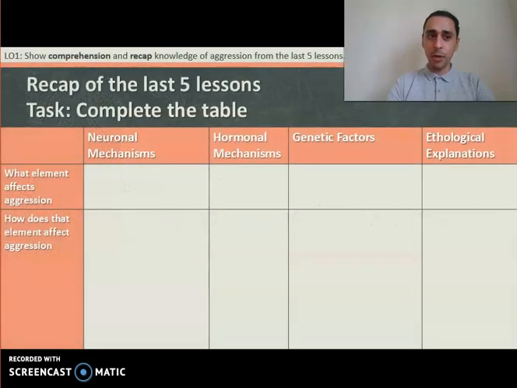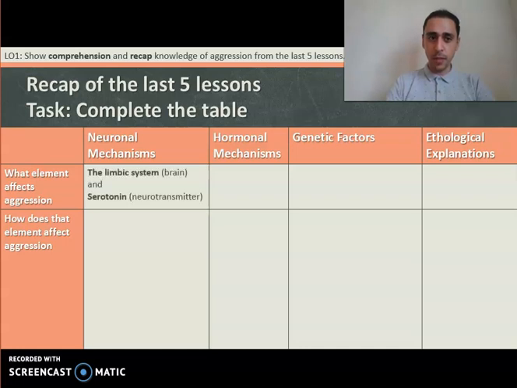Here we go. So I've got a nice table here. Complete the table, right? We've got the last 5 lessons. What elements affect aggression? We've got neuronal mechanisms, hormonal mechanisms, genetic factors, and ethological explanations. Right. So let's start with the neural mechanisms. What element affects aggression? What were the 2 things we learned about in that lesson that affect